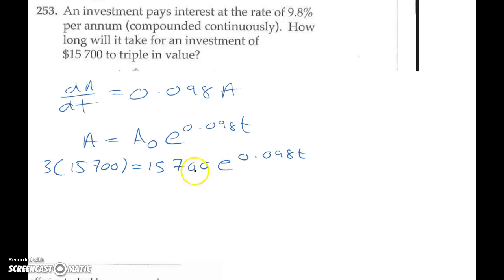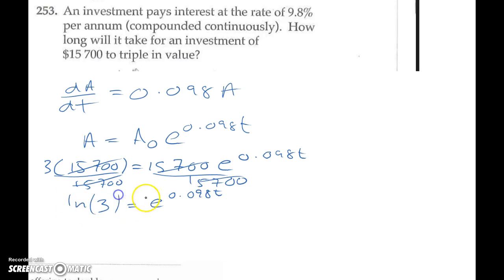The first thing I need to do here is divide both sides by 15,700. So if I divide this by 15,700, then I'm just going to get that 3, which I think will also tell you it wouldn't have mattered what the value was. If you're going to be tripling it, it should work out to be the same amount of time. But that's neither here nor there. We are still looking for t again, so I don't want to have that power there. So I'm going to take the natural log of both sides, and I'm going to get natural log of 3 is,